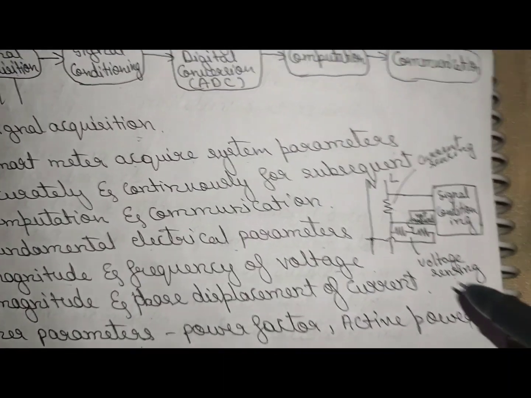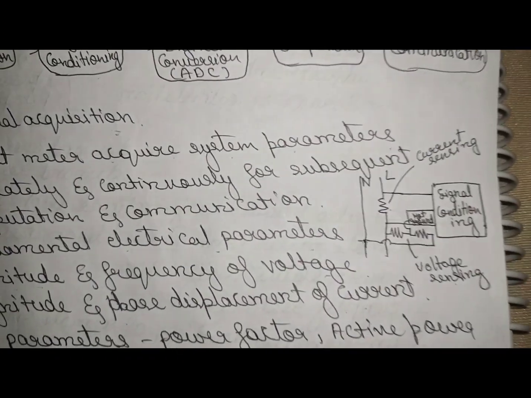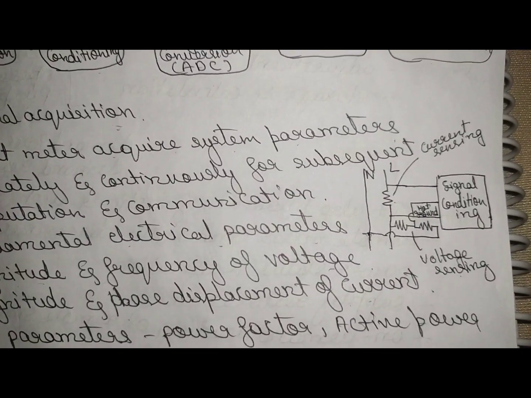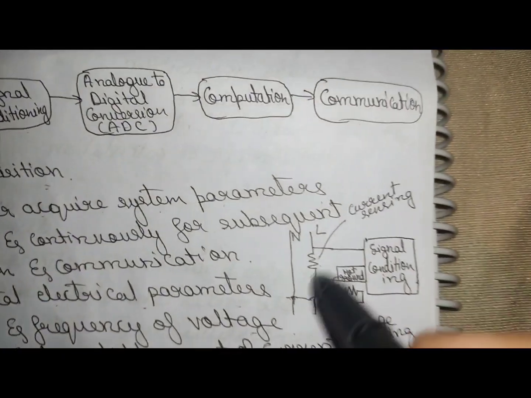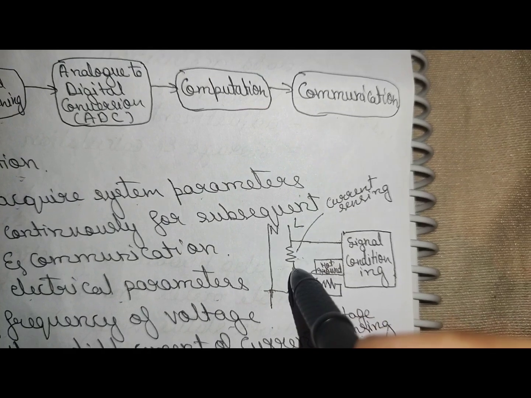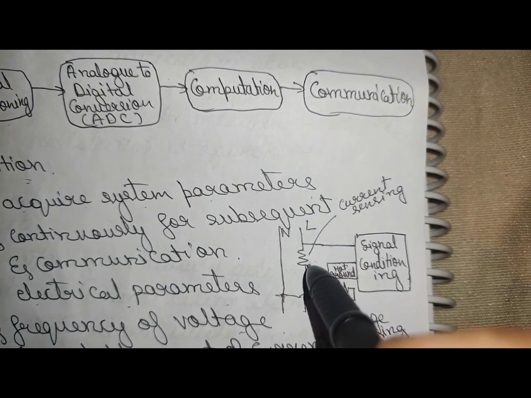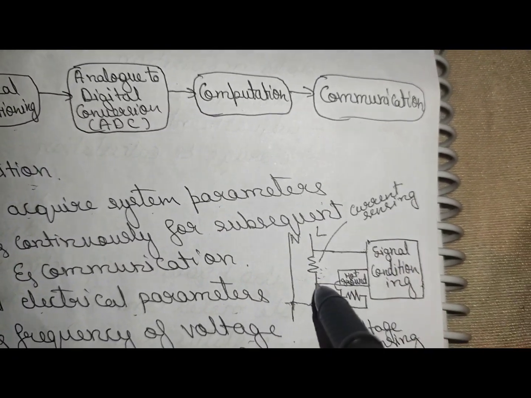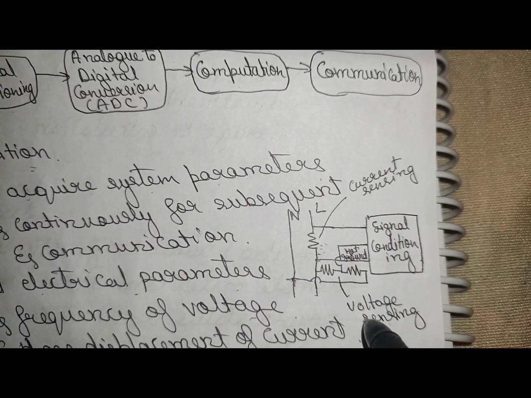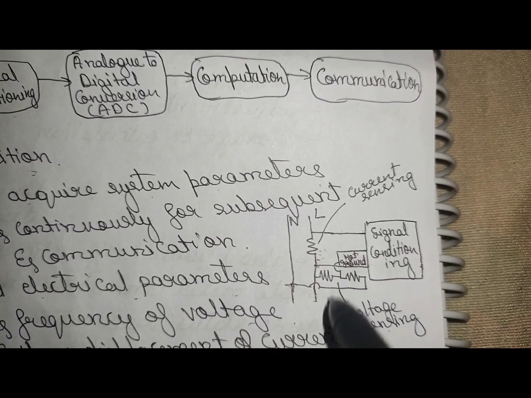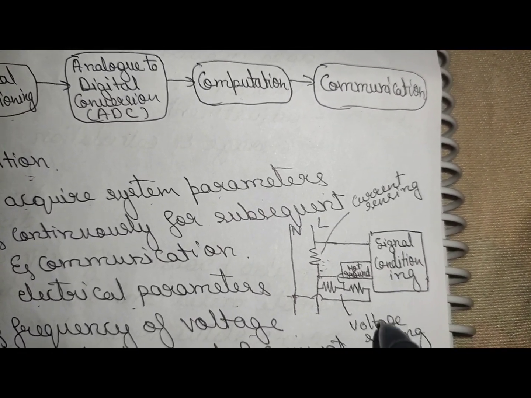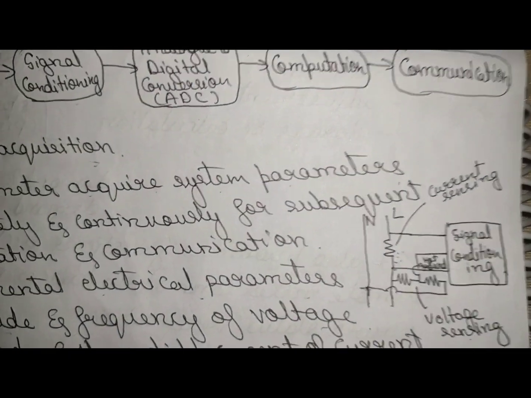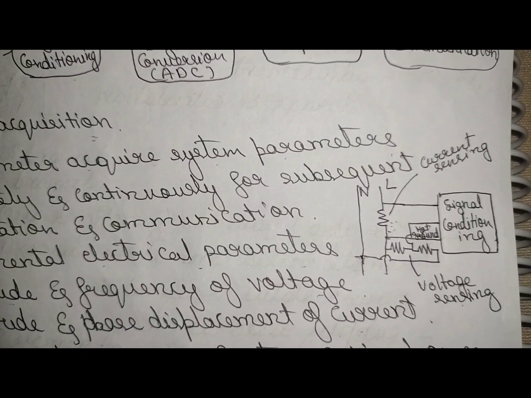So here CT, that is CT used for sensing current, and also it will provide isolation from the primary circuit, right? Here the current sensing element is connected in a shunt. Okay, shunt resistor, current sensing shunt resistor on the current input channel, and for voltage sensing, here you can see a voltage divider on the voltage input channel. So here CT consumes less power compared to the shunt.